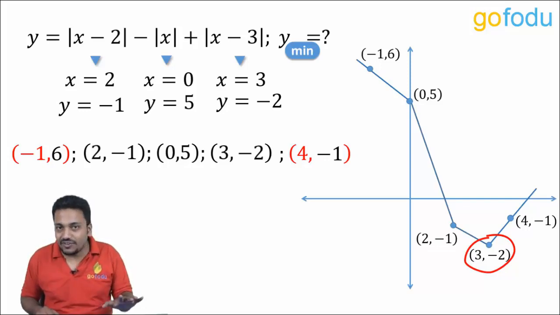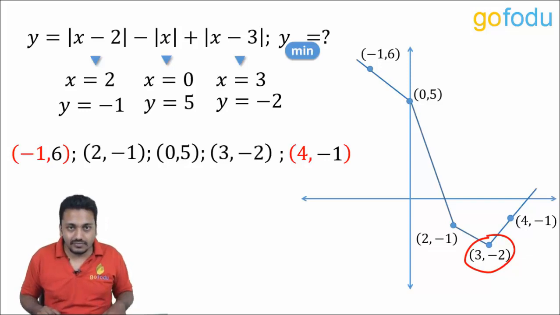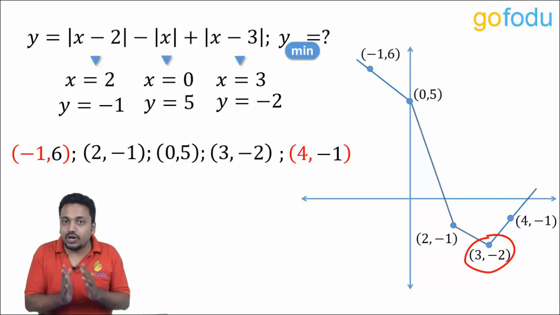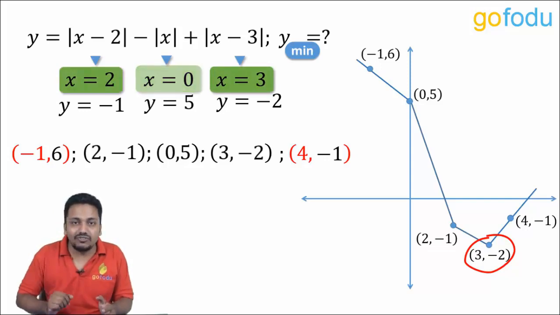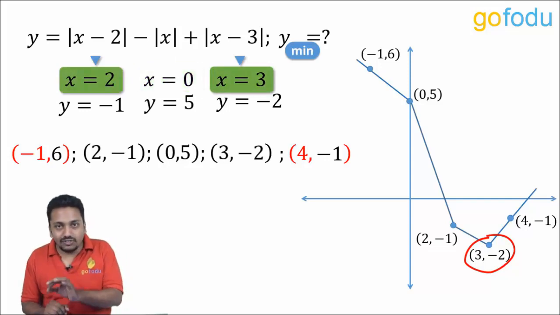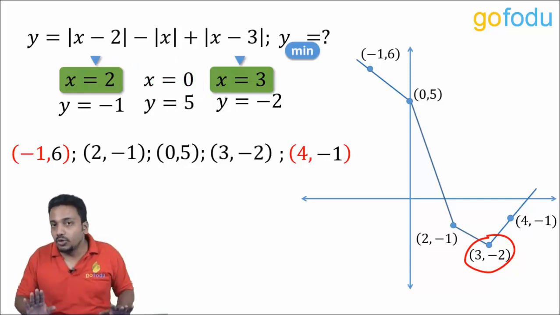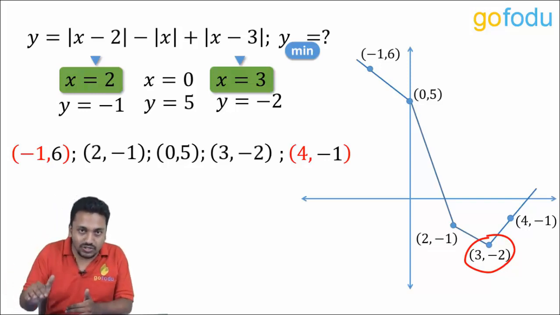Now you pick any such function, the minimum or the maximum value will occur at critical points only. This graph is not at all required to answer this question. It was just for the explanation. We can directly check for critical points. That too we can skip for x = 0, because |x| is already with a negative sign. So reducing it to 0 will not contribute in making the overall value minimum. Reducing |x| to 0 is not going to bring the overall value down.